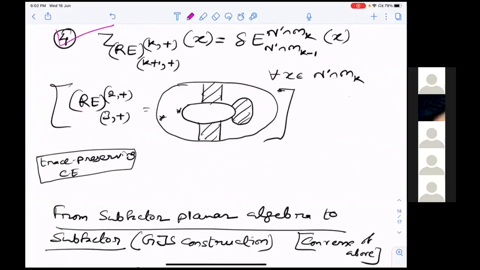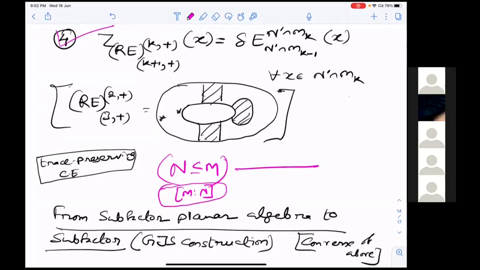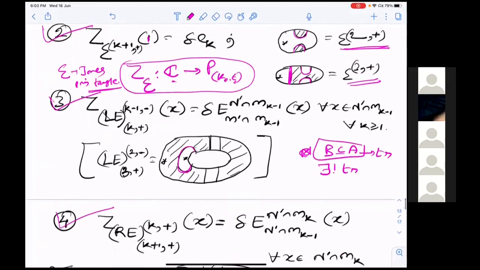So that is what Jones theorem is saying: given a finite index subfactor, we can associate a planar algebra. Infinite index is an open problem. There is a big open problem: how to consistently define a planar algebra? There are some progresses there, but it is not very clear. So if you have a finite index subfactor, one can associate a planar algebra, and in a very nice way, they are related by the above data.